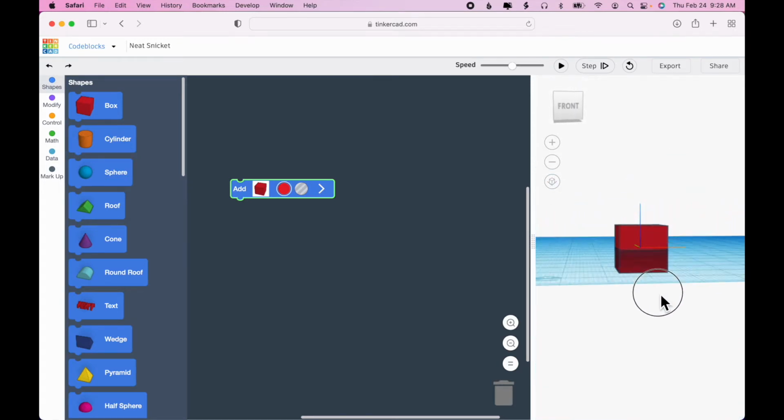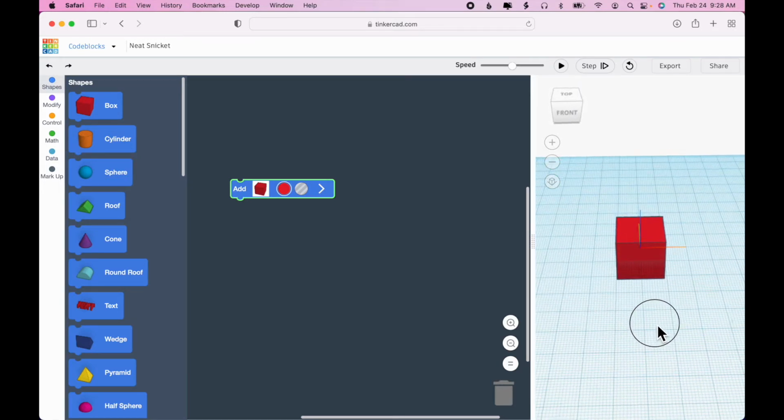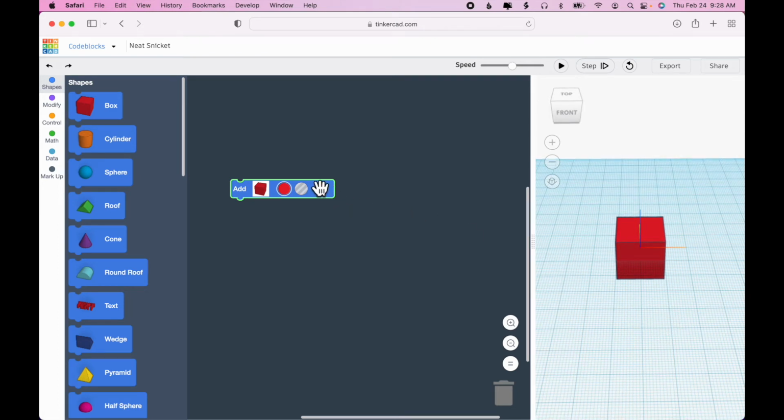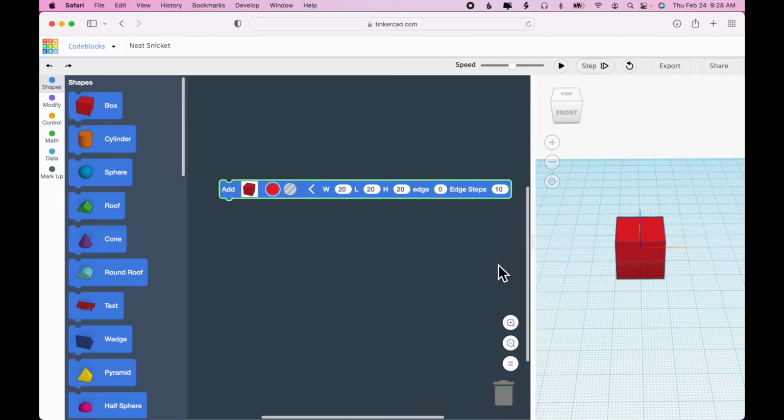So you'll see that half of the cube is below the work plane. And if I click this to expand the arrow, I can see that the cube dimensions are 20 by 20 by 20, just like they are in regular Tinkercad. Those are the default dimensions. So I can change those dimensions if I want the block to be wider in the X direction. I can change that dimension and then click play, and you can see that again it stays centered, but it's now 50 millimeters long,